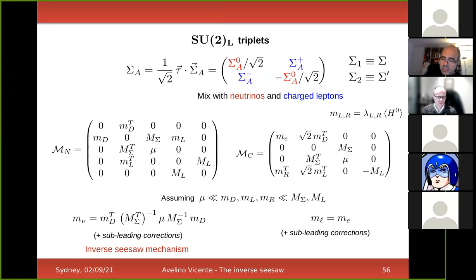This is for the neutral fermions, this is for the charged fermions. And assuming, again, the standard hierarchy in the inverse seesaw, you end up with this result for the neutrino mass matrix, which is the standard result that you know already, proportional to mu. So this is just the inverse seesaw. And for the charged leptons, you end up with the charged lepton mass matrix being proportional to M_E, so to this element here, which is nothing but the standard model expression, plus some subleading corrections, which have to do, of course, with the mixing. But they are subleading and numerically irrelevant. I cannot convince you, you need to do numbers to see that, but believe me, they are subleading numerically.